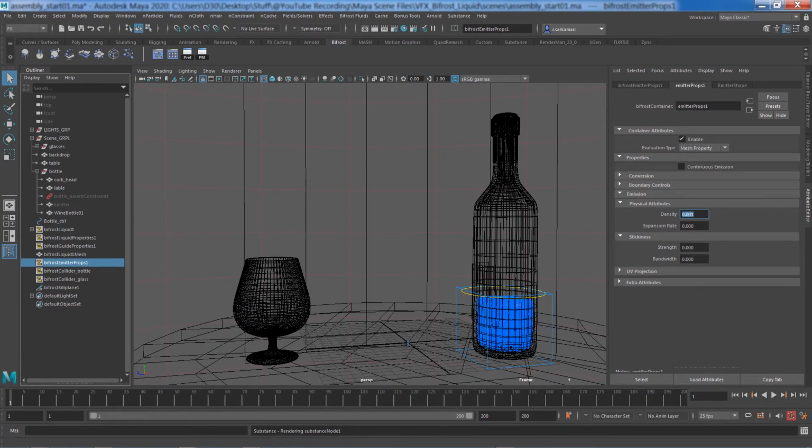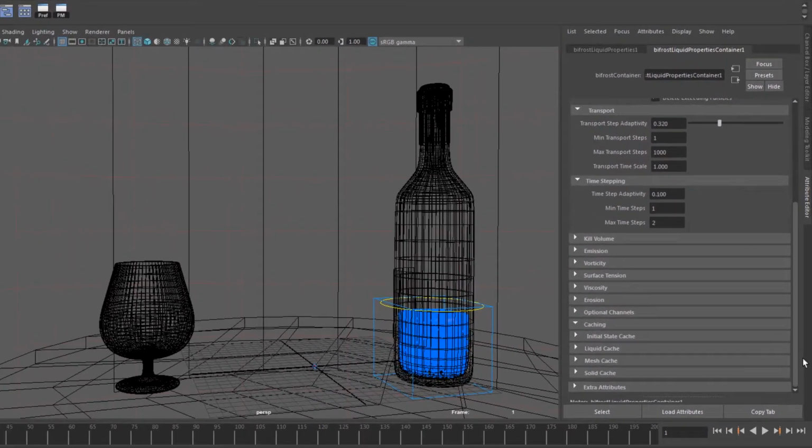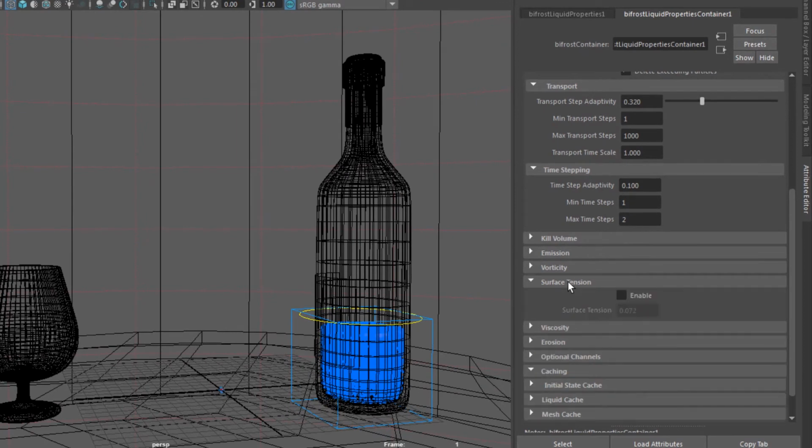Let's have a look at where we can find surface tension. Now for large scale scenes, we want this value to be off. Now I can go to Bifröst Liquid Properties, go all the way down into surface tension. When we have a small scale scene, then we definitely want to have that on, and the default value works